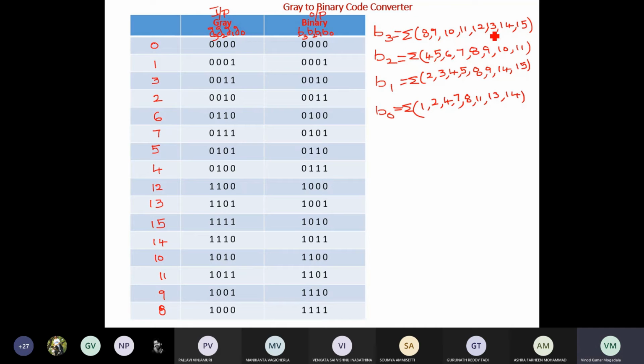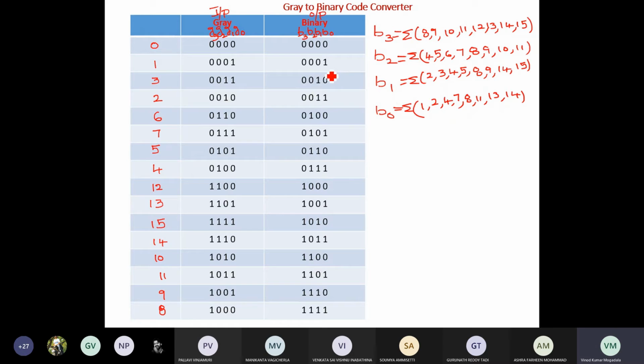Cross check once again. B3 is straightforward and B2 is 4, 5, 6, 7 and then 8, 9, 10, 11, so B2 is also no issue. B1 is 2, 3, then 4, 5, then 8, 9, and then 14, 15, so B1 is also correct.